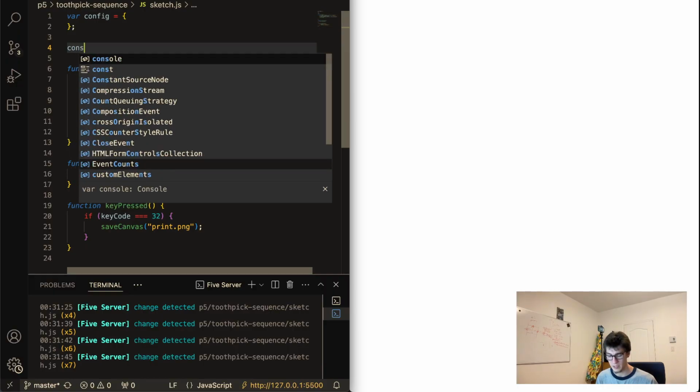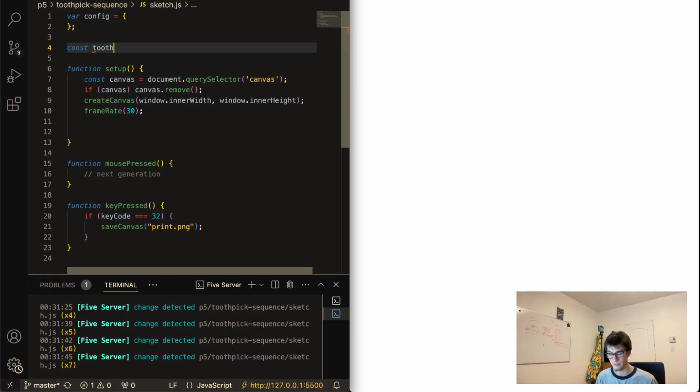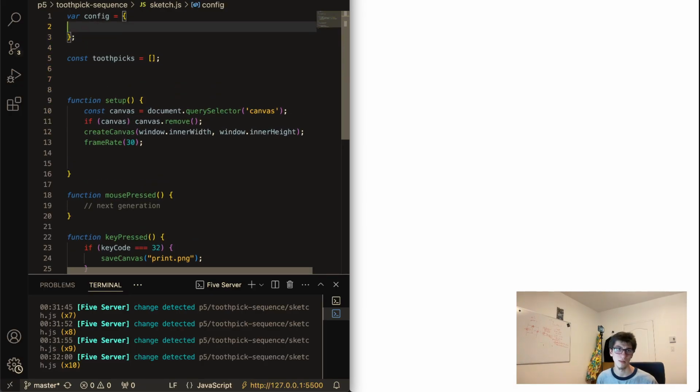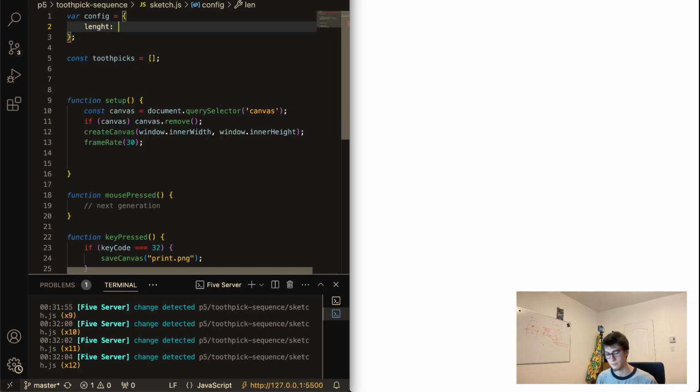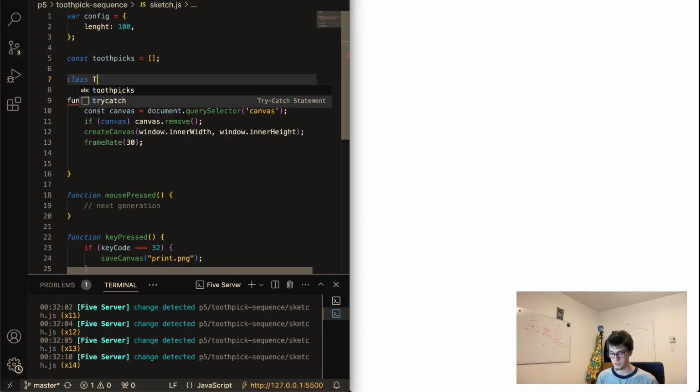Great. Okay. So first things first, we'll have a lot of toothpicks eventually, right? So we'll want a constant to keep track of all of our toothpicks. Toothpicks over here. There we go. So we'll have an array for that. Great. So now we need to create some type of class, and we'll have the length of the toothpicks over here. So I'll call it length, and we'll set that to maybe, I don't know, let's start with 100, just so that we can actually see it properly. Okay. So we'll have a class Toothpick,